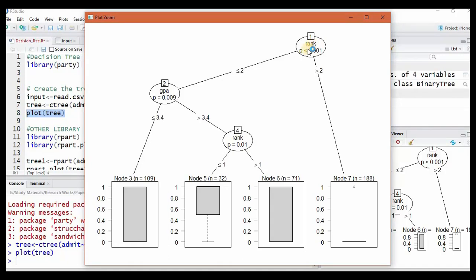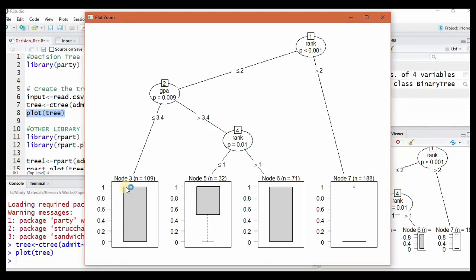So it splits on rank first and then it splits on GPA, and if the rank is greater than 2, straight away a decision with 0 entropy has been taken, and like that again it can be further split. If the GPA is greater than 3.4, it has to check whether the rank is less than or equal to 1, or if the rank is greater than 1, then it goes to another section.